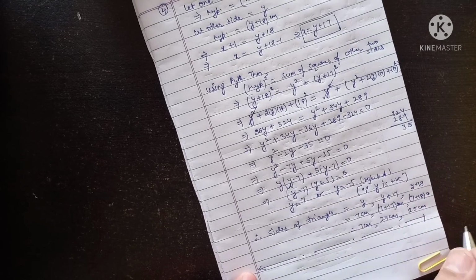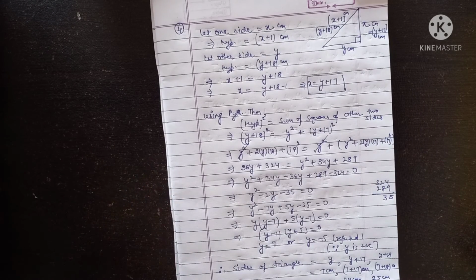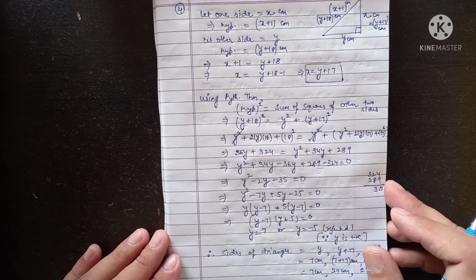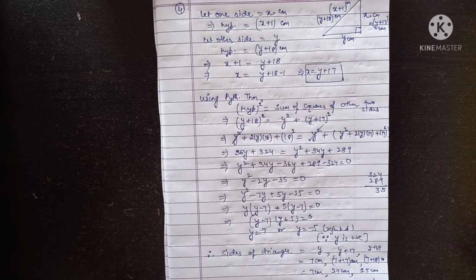So in this way we will relate the condition of given system in terms of quadratic equation and then we can solve this system. So hope the concept is very much clear to all of you. And in the same way you can try the remaining sums of exercise 6b. There are some sums which involve rectangle.